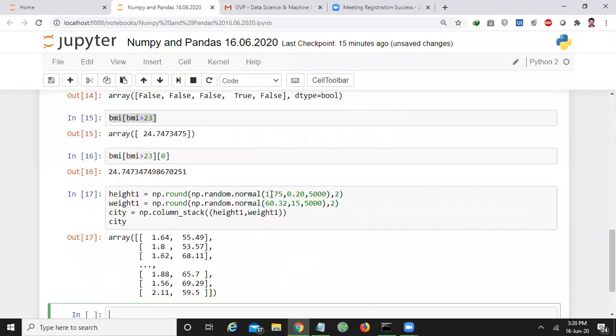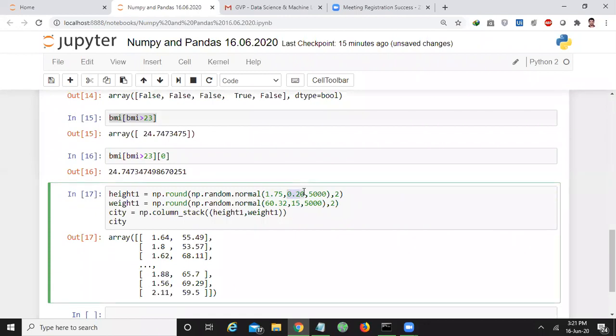Fine. So here, the first column elements represent the height. So these values, 1.64, 1.8, 1.62, and 1.88, all come under height. And 55.49, 53.57, and these values come under weight. So you are creating heights and weight values randomly, such that the height's mean is 1.75 and standard deviation is 0.20.